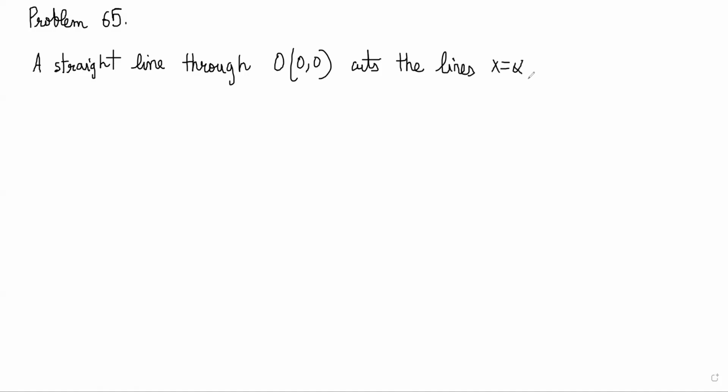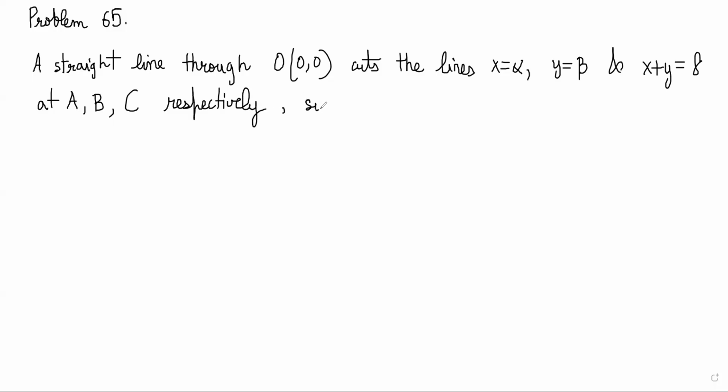A straight line through the origin (0, 0) cuts the lines x = alpha, y = beta, and x + y = 8 at A, B, C respectively, such that OA times OB times OC is equal to 48 root 2, and